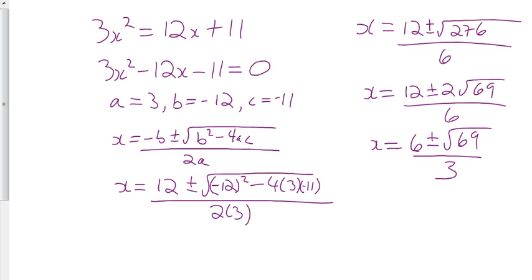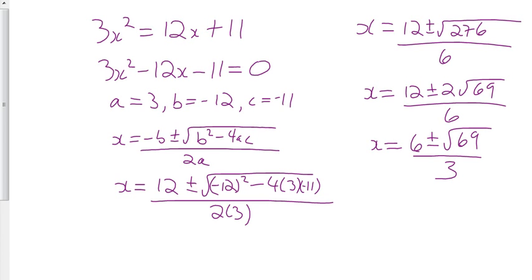Do we need to do any more? You could check this by putting it in left side, right side. But we really don't want to have to square that because it ends up as like 36 plus 12 root 69 over 9, and then you'd end up with the same. If you wanted to check this,